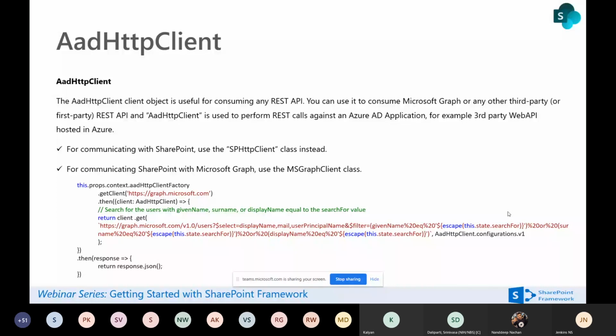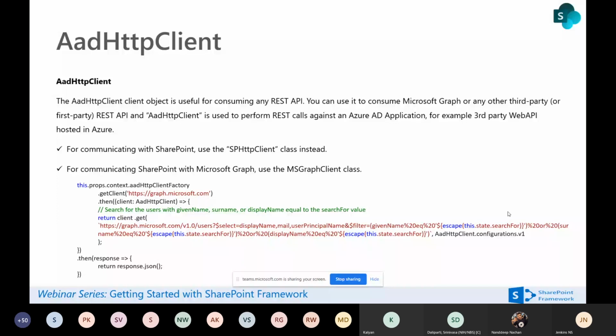You can use it to consume Microsoft Graph or any other third-party or first-party REST APIs, including the REST APIs already available in SharePoint, OneDrive, everything. But remember, SPFx supports it from 1.6.1. And the AAD HTTP client is used to perform REST calls against Azure AD applications.